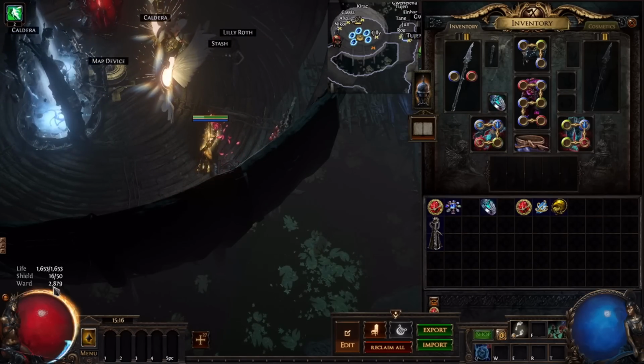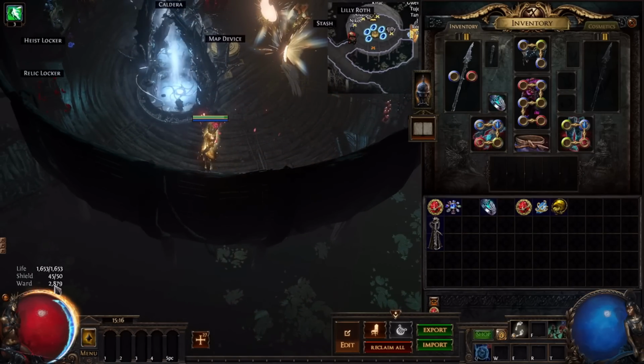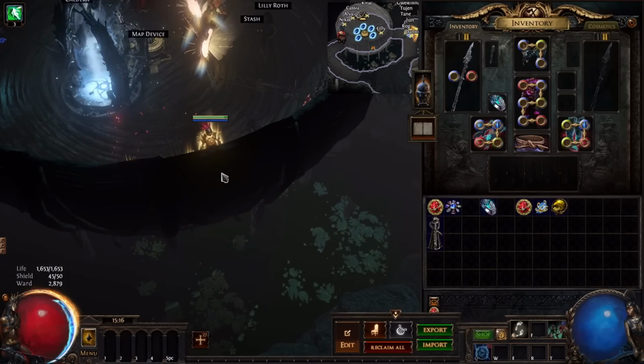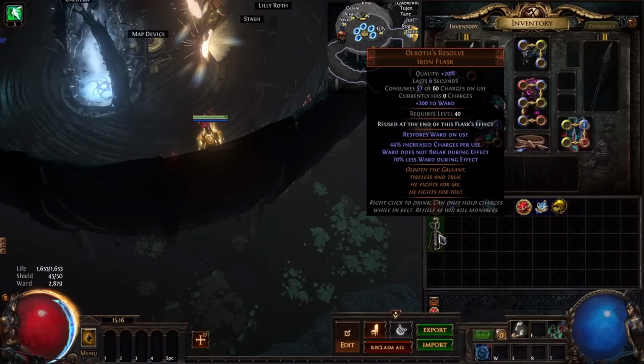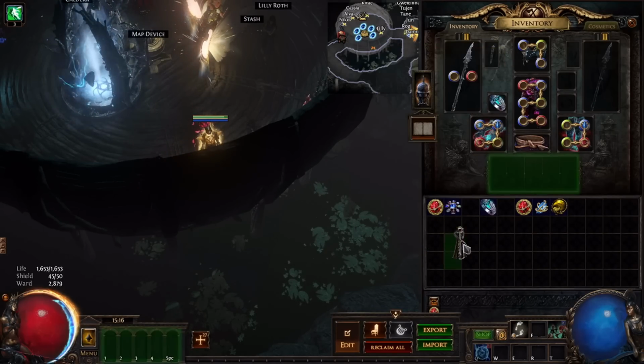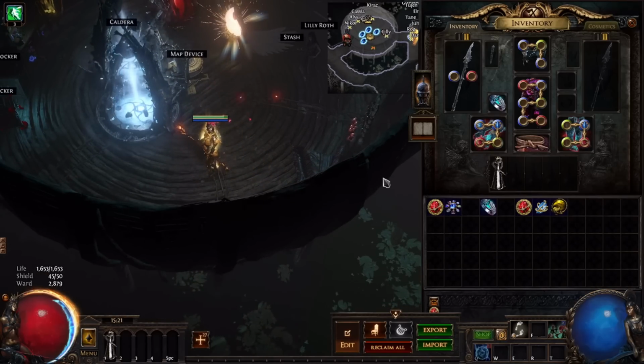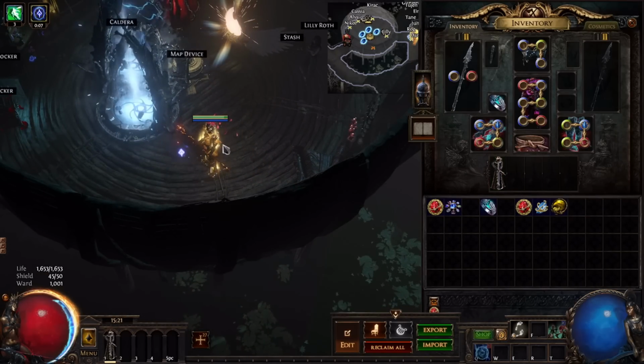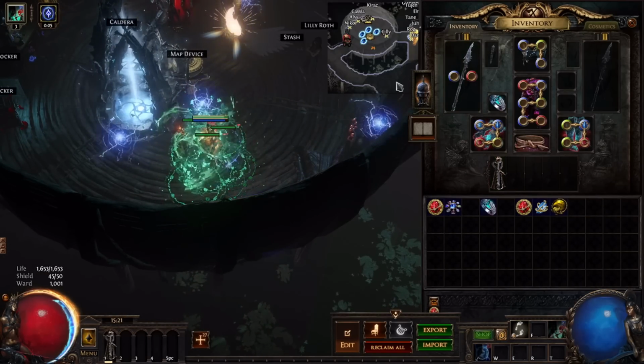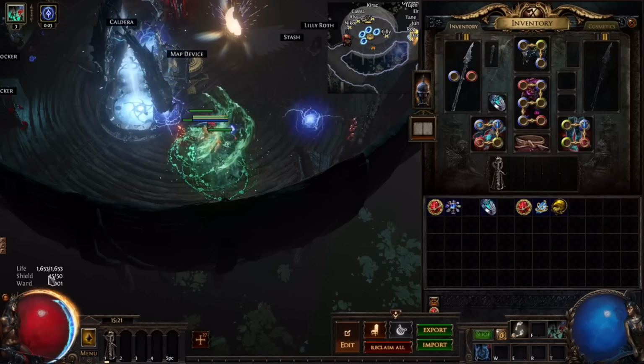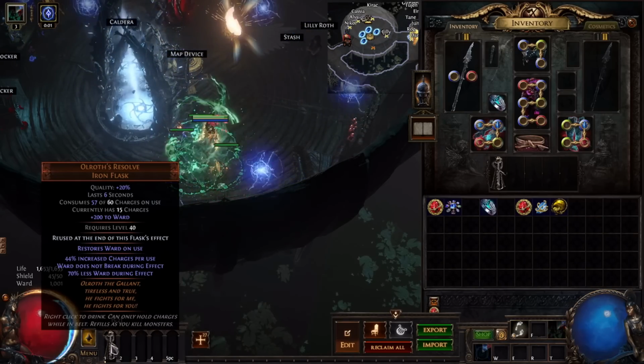Ward is a shield which shields us for this amount, and when we take damage it loses all ward until it recovers again. So with this flask we have less ward, but it doesn't break. Okay, when we have our flask up and when we start our loop, we don't take damage as long as this flask lasts.